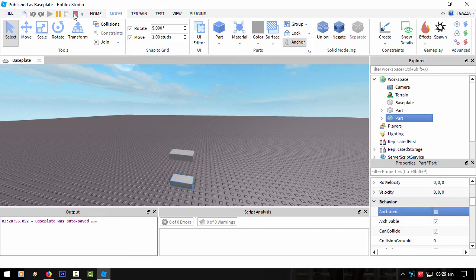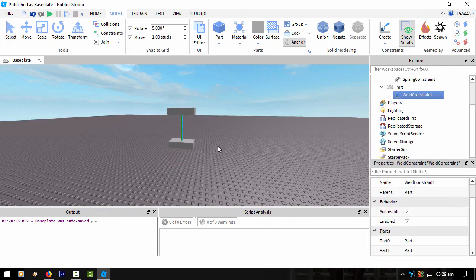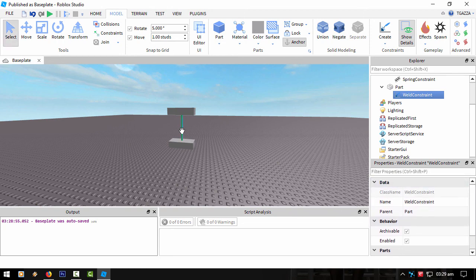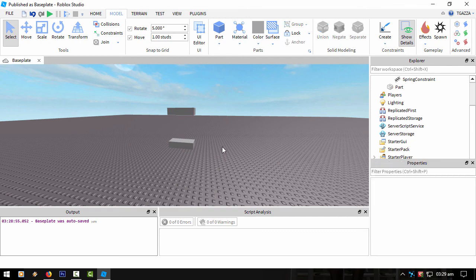Yes, so it's just a basic weld, if you like. That is actually quite cool. Can we do anything else with it? Nope. So it's a more user-friendly way of actually welding things together, where in scripting you would have to create a weld, not this weld constraint but a normal weld. So yeah, and then sort of work out where the parts are,